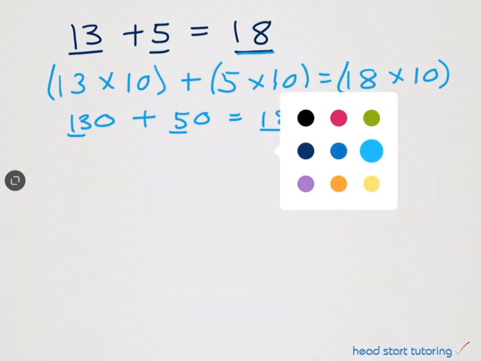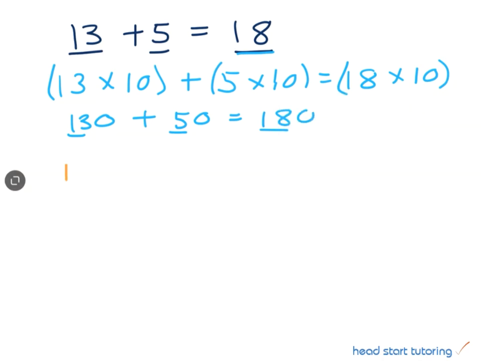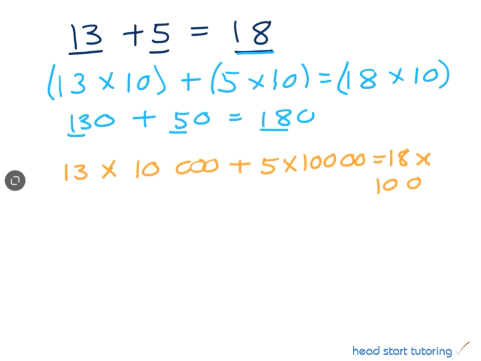If we have a look at 13 multiplied by 10,000, and we plus 5 multiplied by 10,000, we also get an answer of 18 multiplied by 10,000. So we've got 13 times by 10,000 is